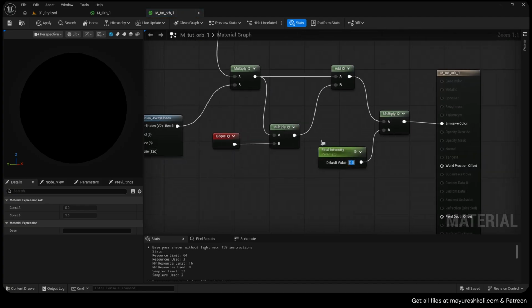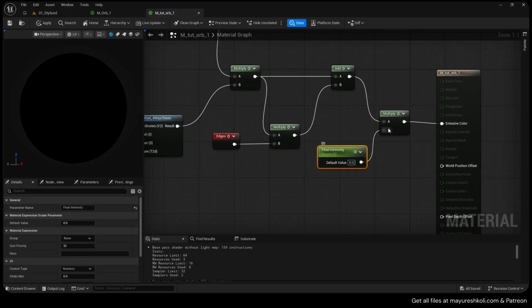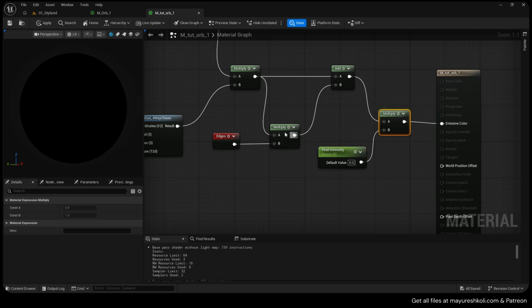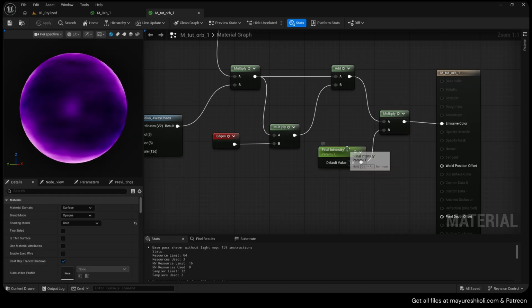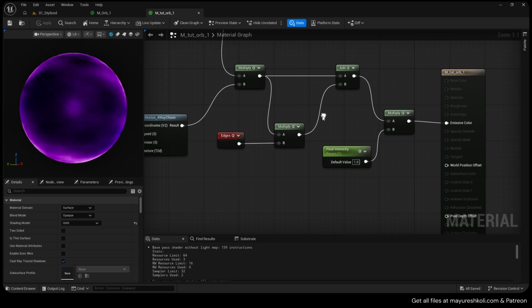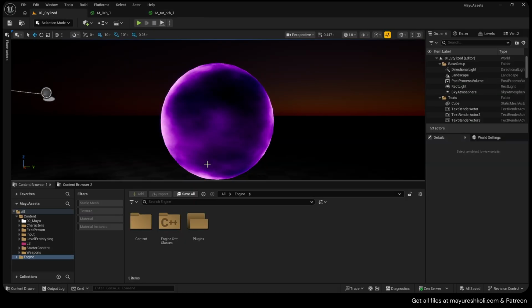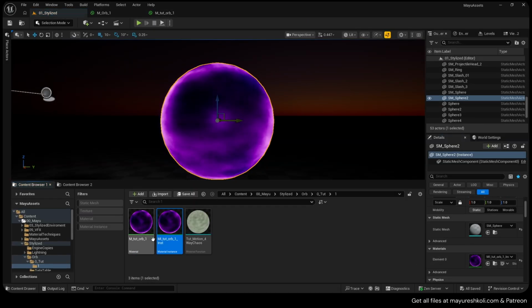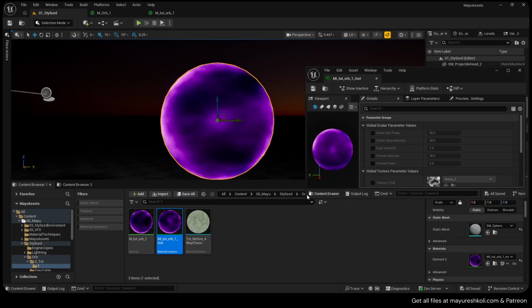This one again, you could see that final intensity is 0. Anything multiplied by 0 is 0, so everything's showing wrong. So if you do 1, like 21 times 1 is 21, 30 times 1 is 30, and that stuff. So 1 is basically no effect. Now because we are using a material instance, MI, just double click on it,